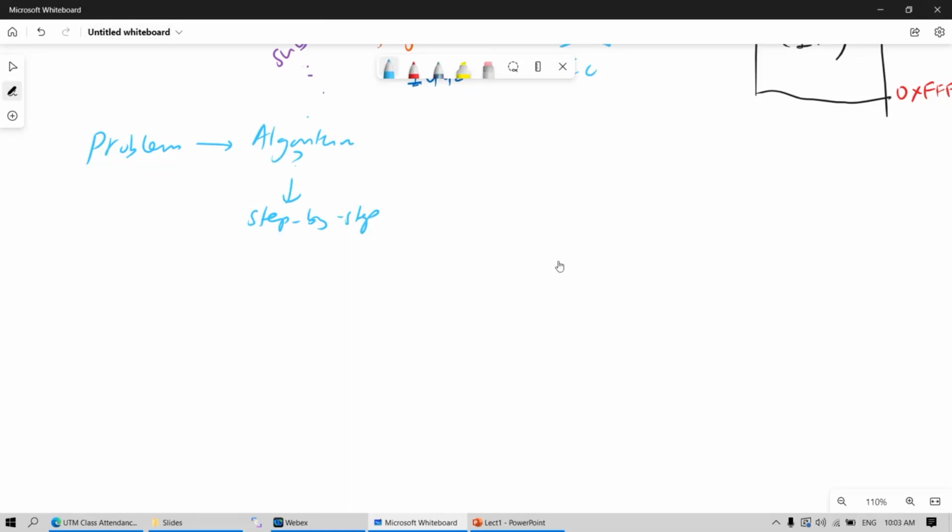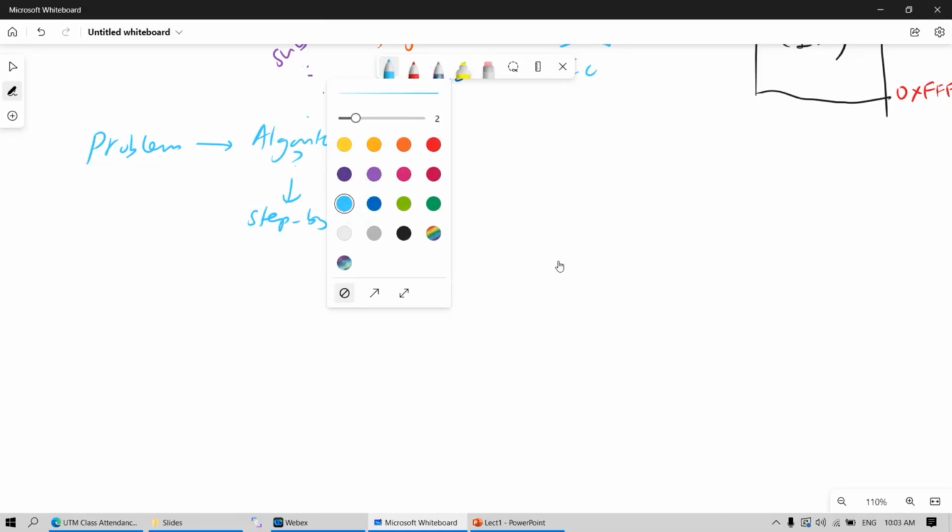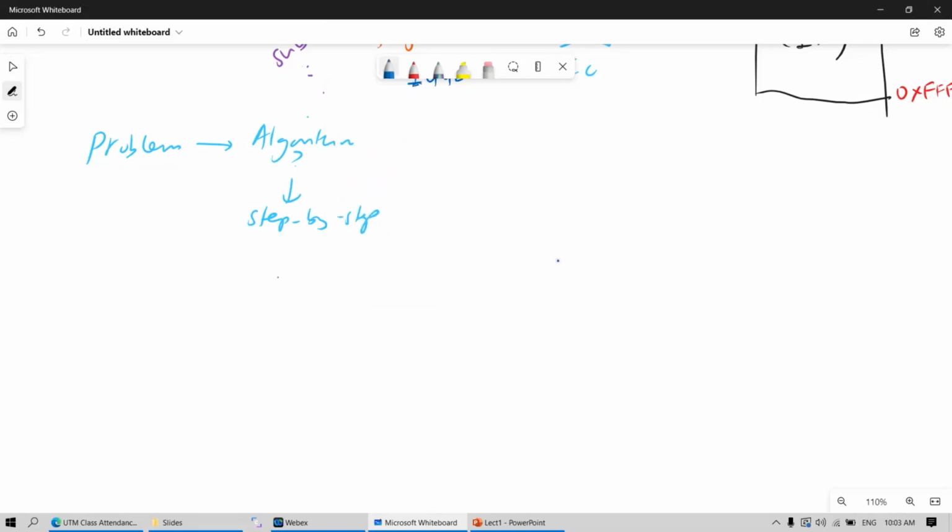Let me give you an example of a very simple operation. Let's say I have a very simple algorithm where I want y equals mx plus c. So this is actually our algorithm that I want to solve. Of course, this is just a mathematical representation, and sometimes algorithms are represented in terms of pseudocode,